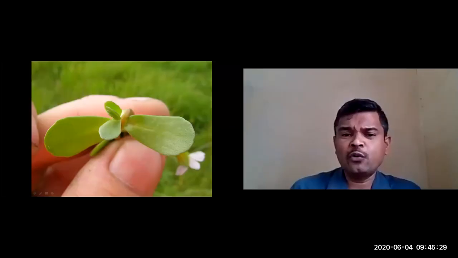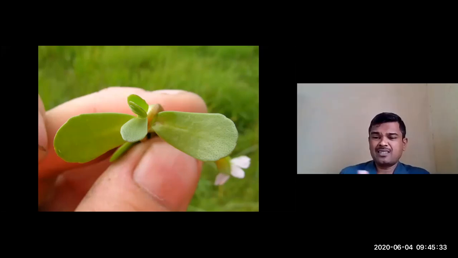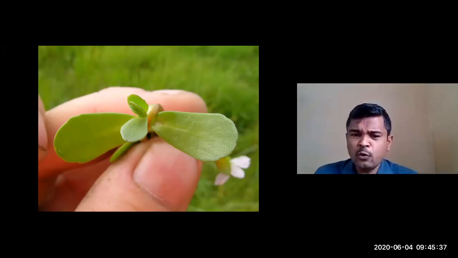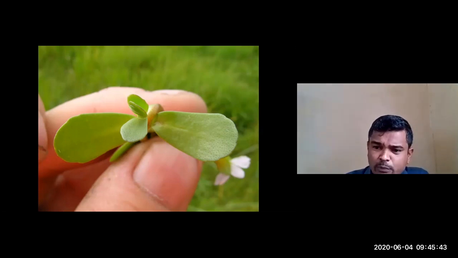Even the upper surface, if you take the lower surface, that is glabrous. That is glabrous, shining, with a total absence of hairs. And also, if you keenly observe, the leaves have small dot-like structures. So here it is very clear. You can observe the small dots present in the leaf. So here also you can observe, and in this leaf also you can observe small dot-like structures.